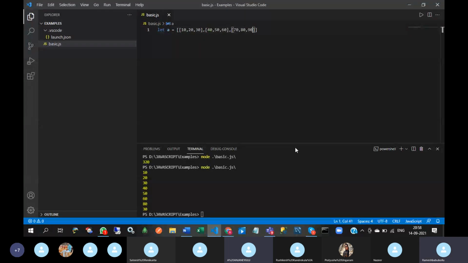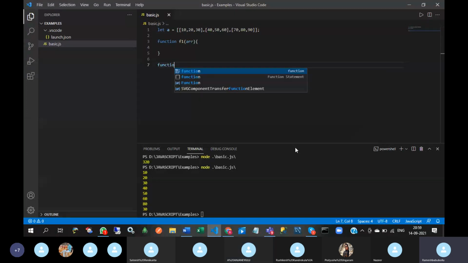Here I am passing this multi-dimensional array to this function f1 of A.